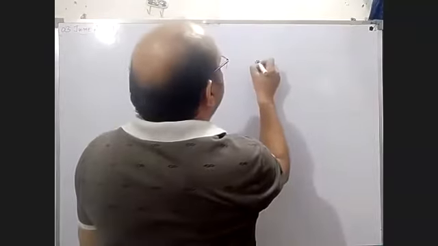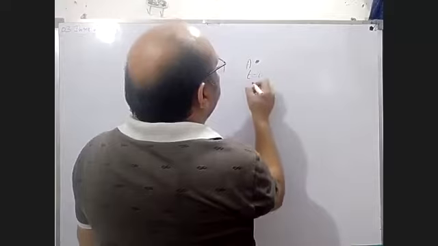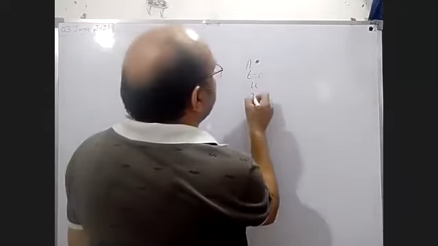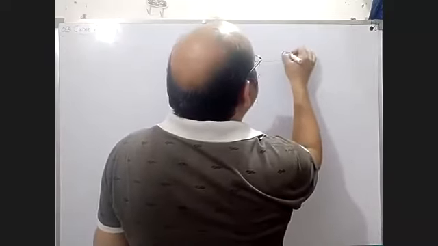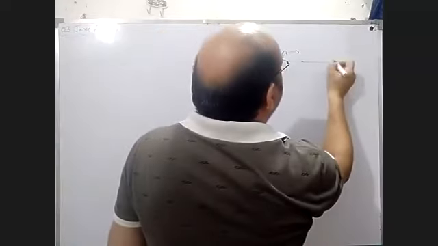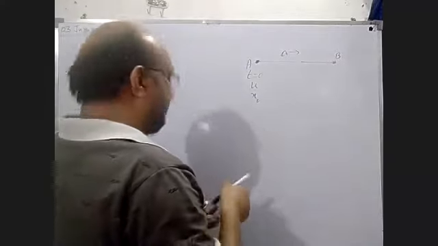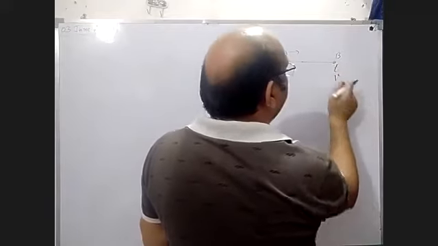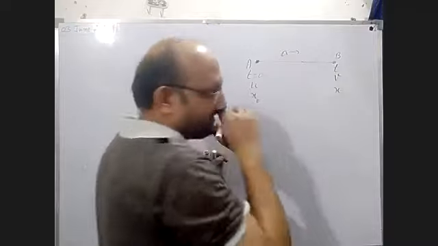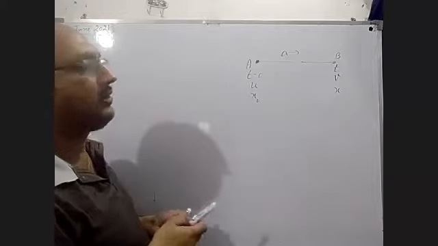Suppose an object is moving from point A. Here time is 0, initial velocity is u, and its position is x0. Now it is moving with constant acceleration a from A to B. At point B, suppose time is t, final velocity is v, and position is x. In this way you can take all these things, but now consider small parts in it.